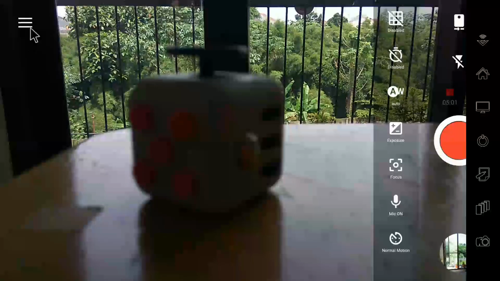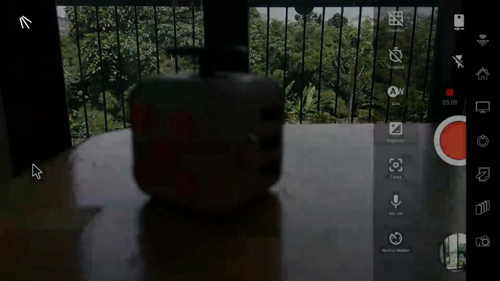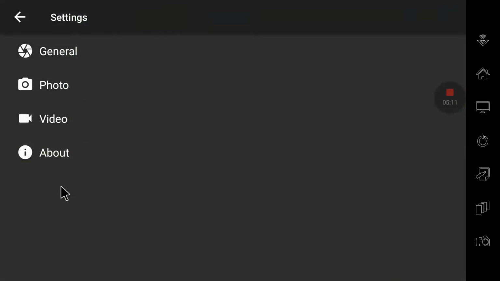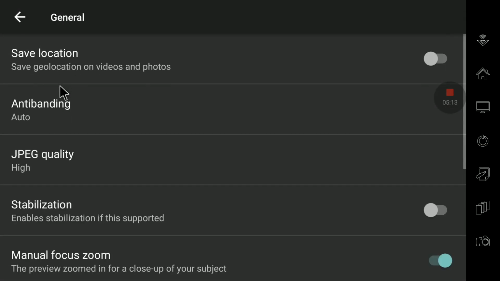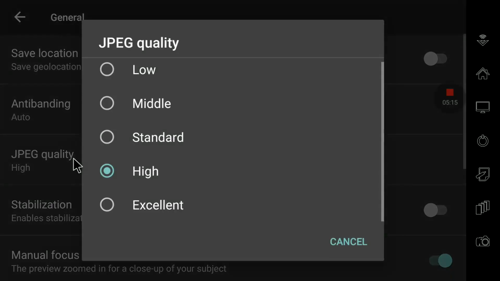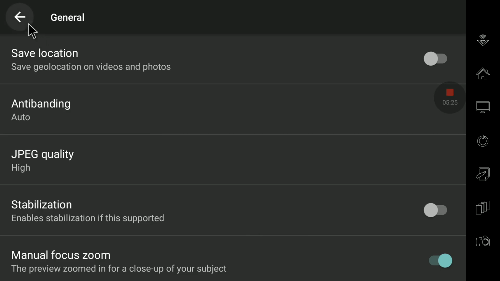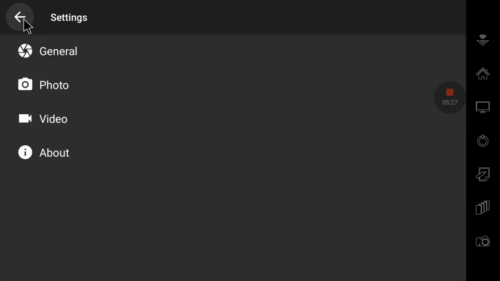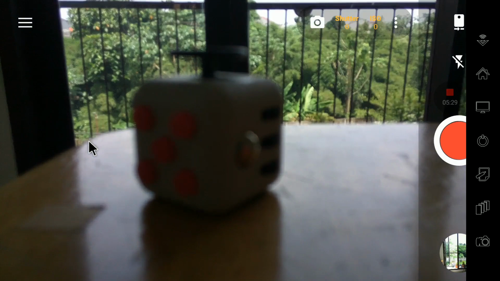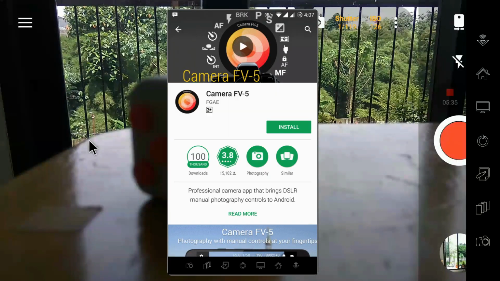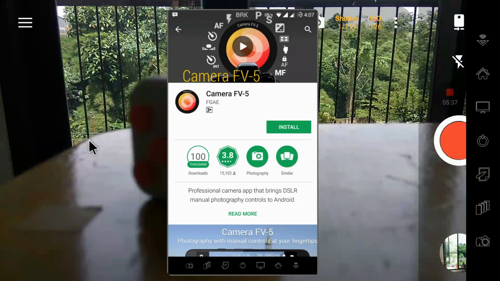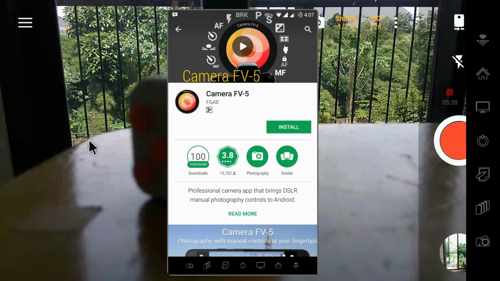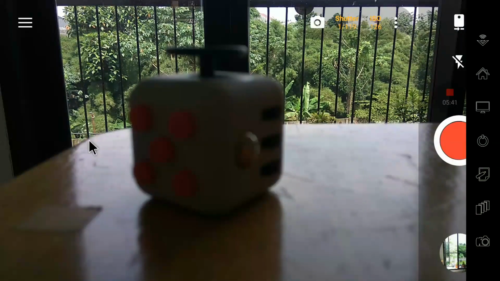Footage Camera is a free application, but there is a limitation for the free version, which is we can only set the image quality to medium. If you want to buy this app, the price is really cheap. It's 50 cents only. Actually, there are several other camera applications which have a lot of manual features like these two apps. One of them is Camera FV5, but compared to others, Footage Camera is my most favorite app, and the second is Open Camera.